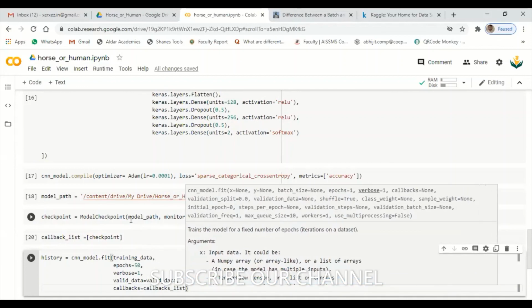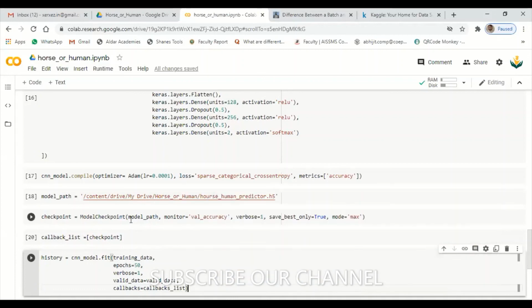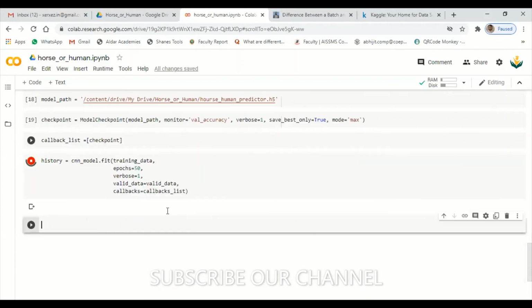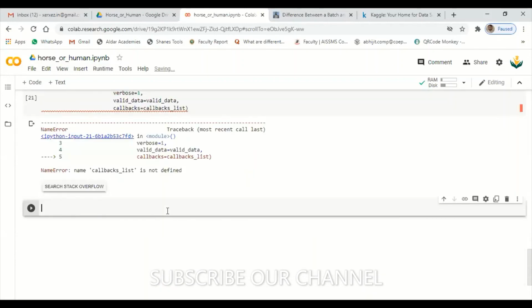Now let's try to run this program. Shift and enter. It started working. There is an error.